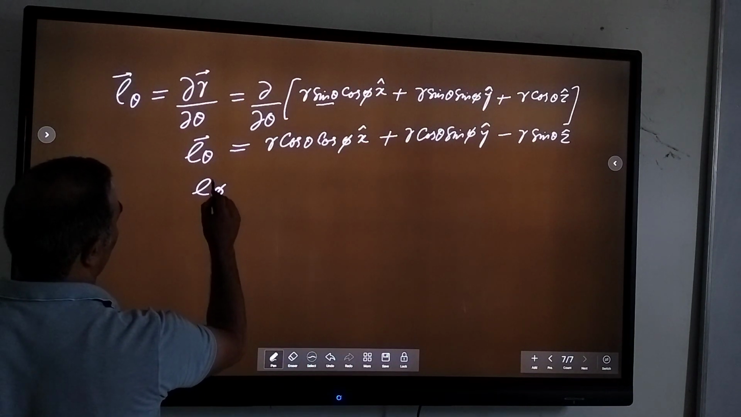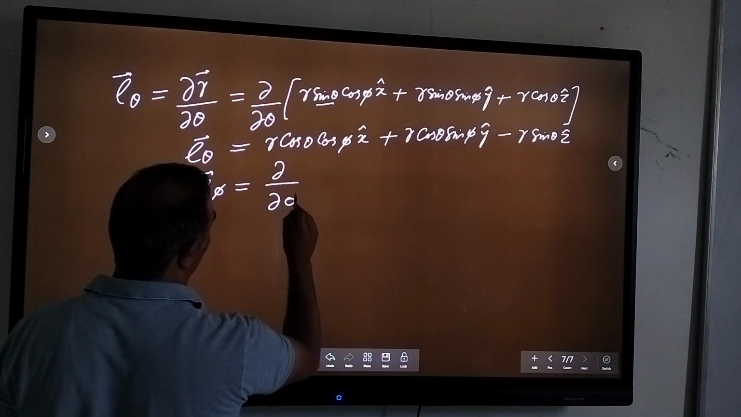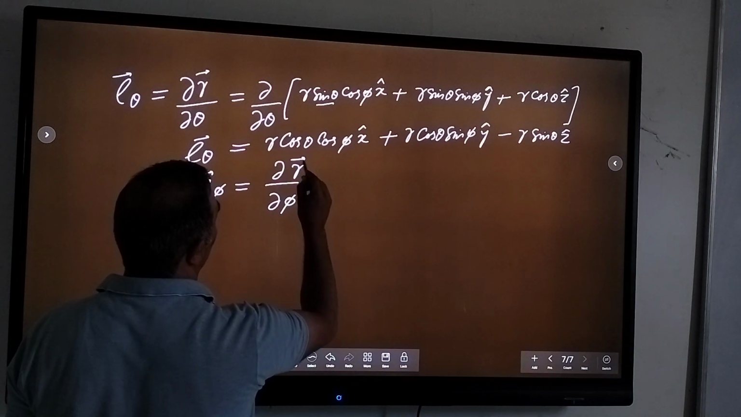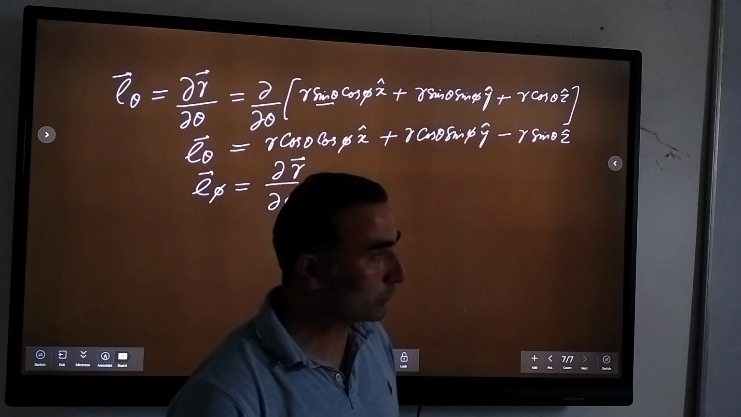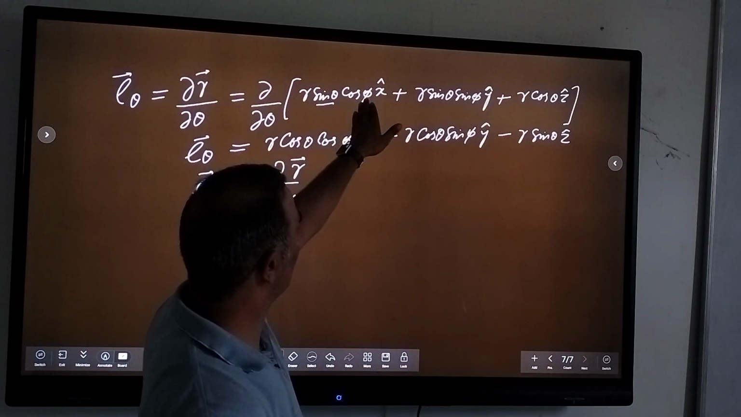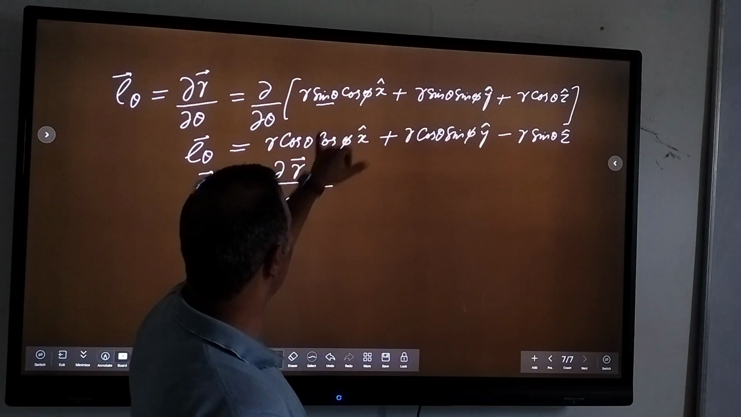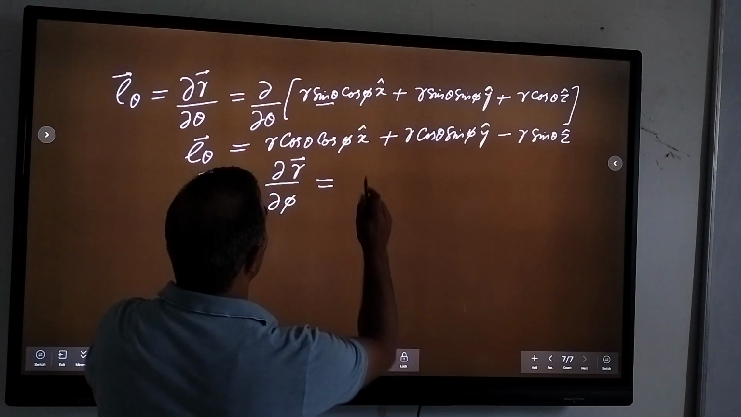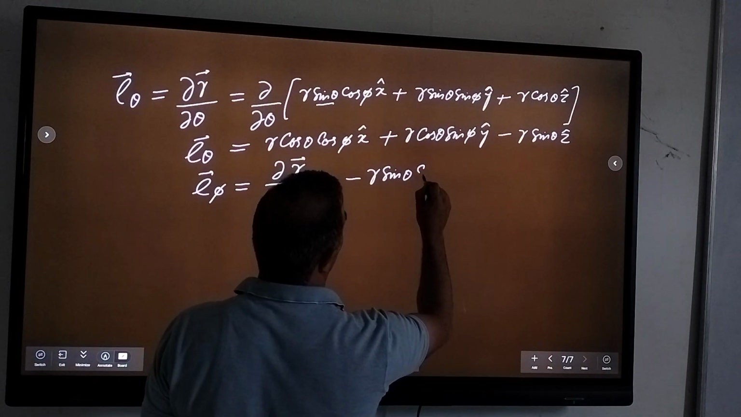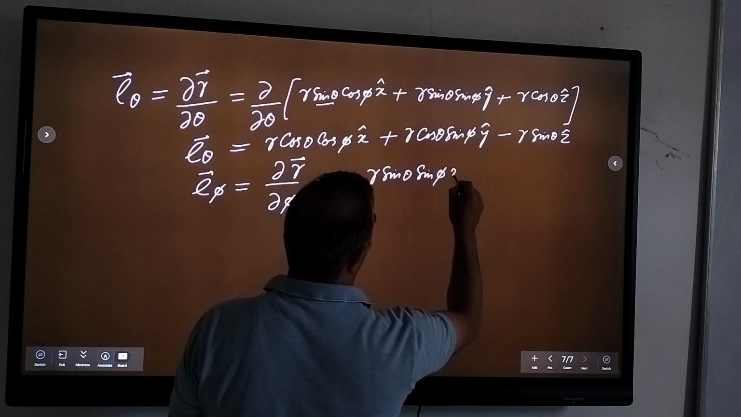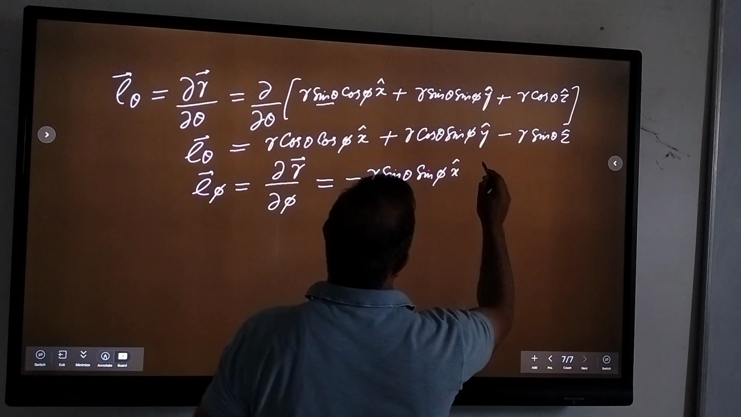Now E phi will be equal to partial by partial phi of r vector. So I will not write it because it will take more time. Better is to use what you know, r is this one. So this time, what do we need to do? We need to differentiate it partially with respect to phi here. So first term will be minus, and second will be equal to,